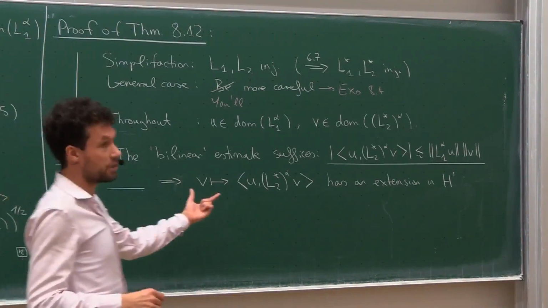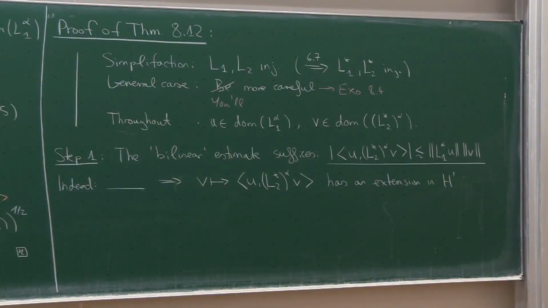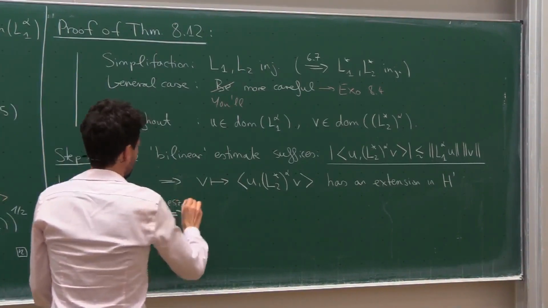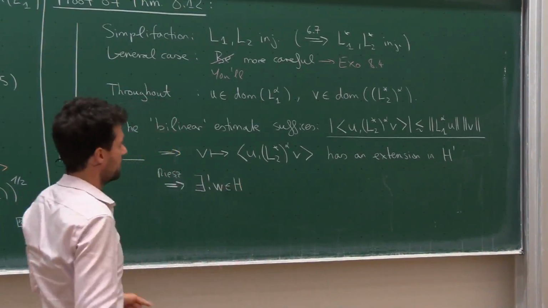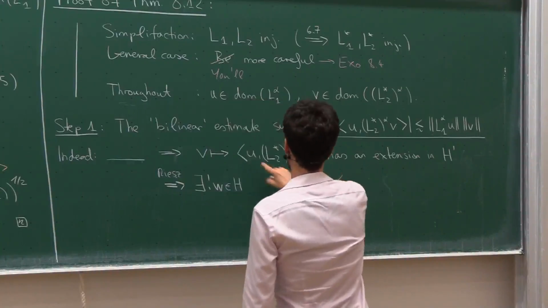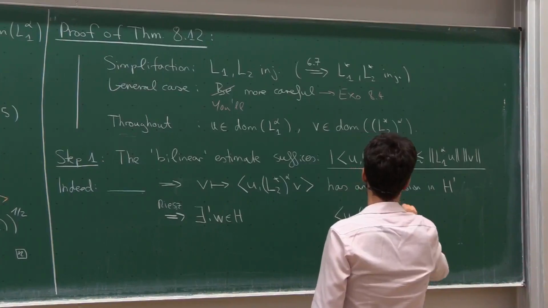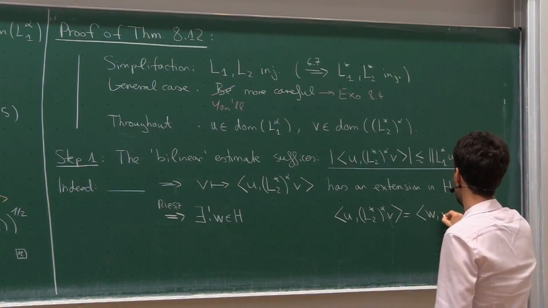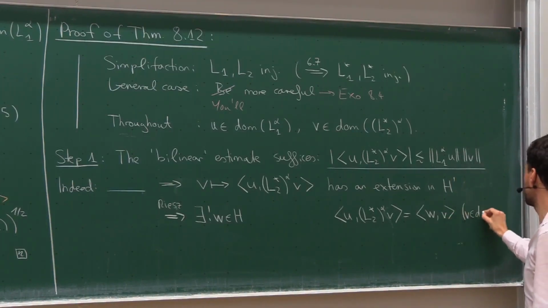It's an extension. The extension is a functional on H, so it's an element of H prime, or it's a functional on H. It's the same thing. Okay, so that's the key point, because now I can use Riesz representation. Riesz representation gives me some element V in the Hilbert space, such that I can write this guy as